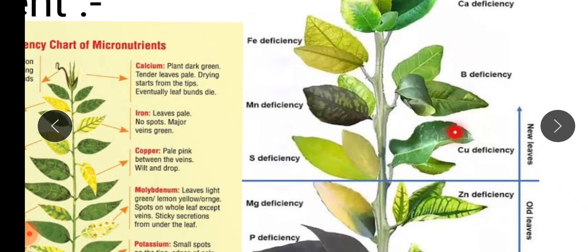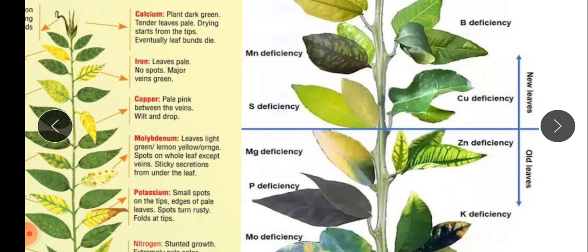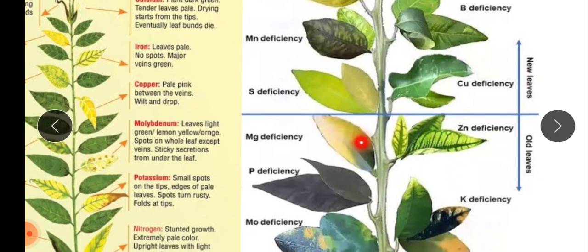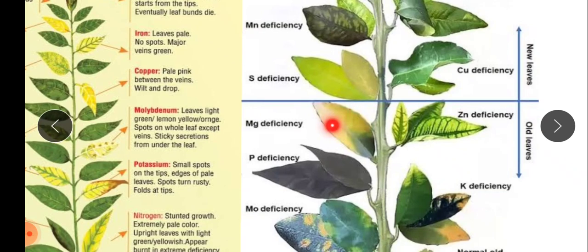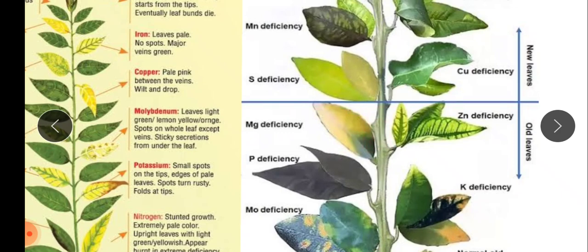After that, magnesium is also a very important constituent. These deficiency symptoms we generally observe in middle or old leaves. There are symptoms of interveinal chlorosis of older leaves while veins stay green, and leaves are small and brittle. So we observe these symptoms here. This interveinal chlorosis is observed due to the deficiency of magnesium.